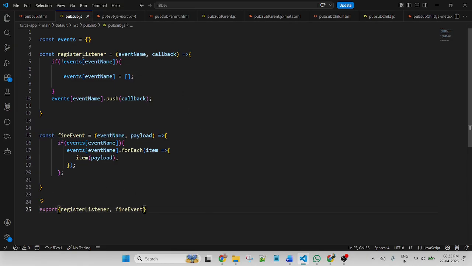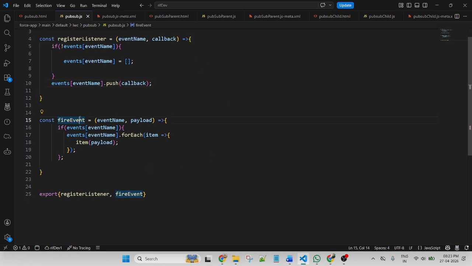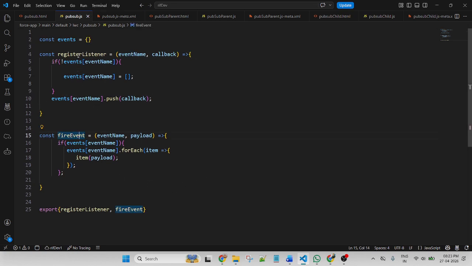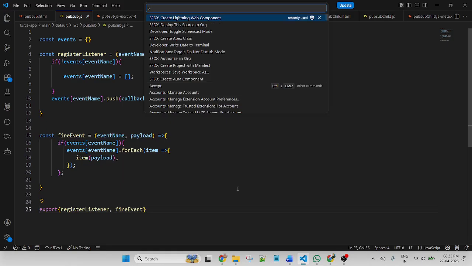I created them as constant variables, so I will pass those variables inside the export. So first I created two types of functions: register listener and fire event. Both of the constant variables are passed inside the export. It is mandatory. Now save and deploy to code.